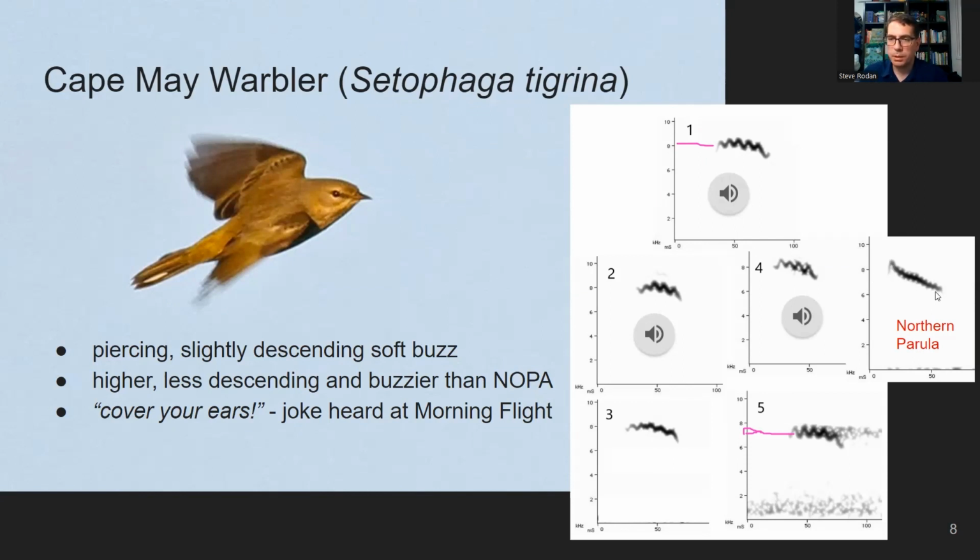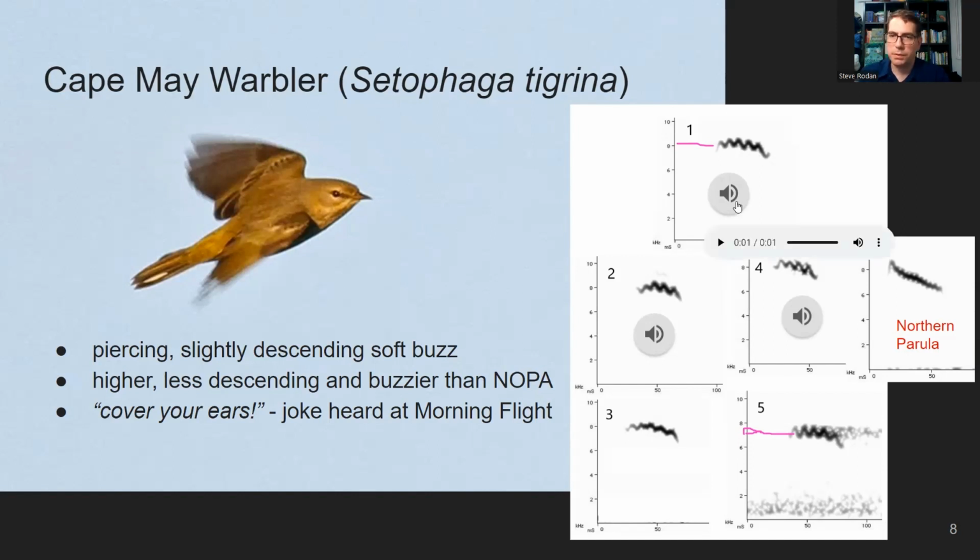And that you can see here has a strong descending call with a sharper peak in the beginning and then a fall. So among the descending calls, the Cape May is higher sounding, not descending quite as much, a soft descend if you will, and is a little bit buzzier, which you can see